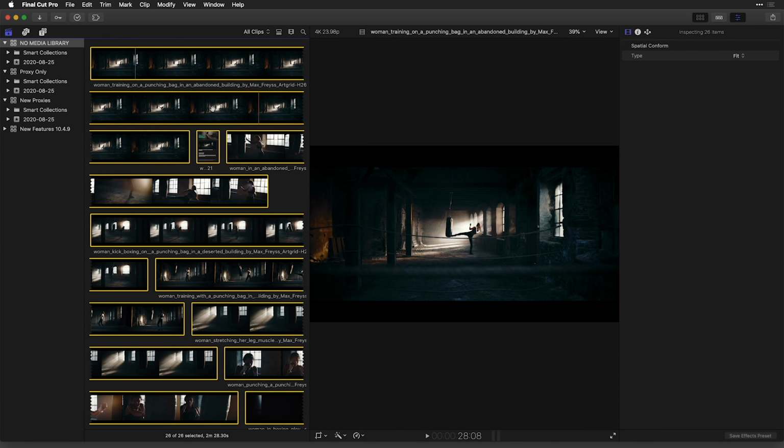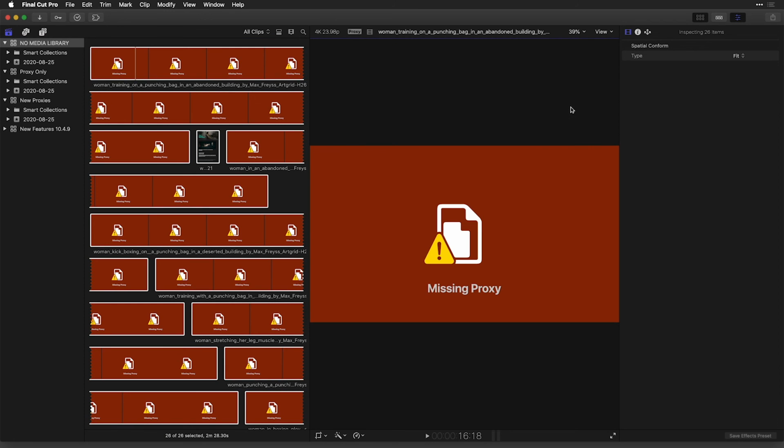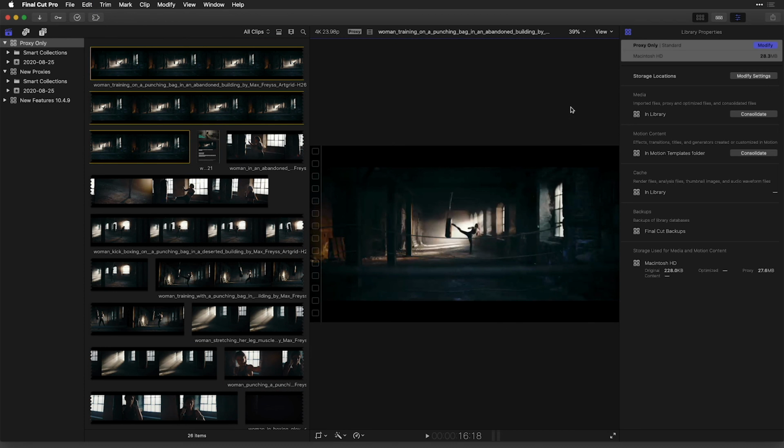I'll need to repeat those steps for the proxies, which are stored in another library. But in this particular case, I really just want to work with the optimized media and make a few final effects and transitions. In Final Cut Pro 10.4.9, working with proxies and collaborative workflows is that much smoother.